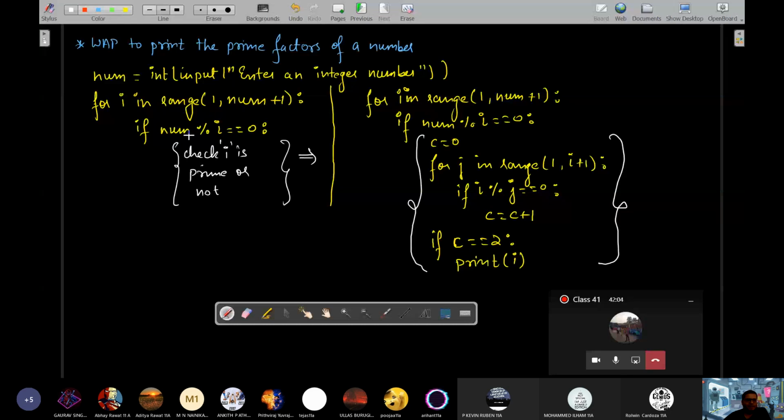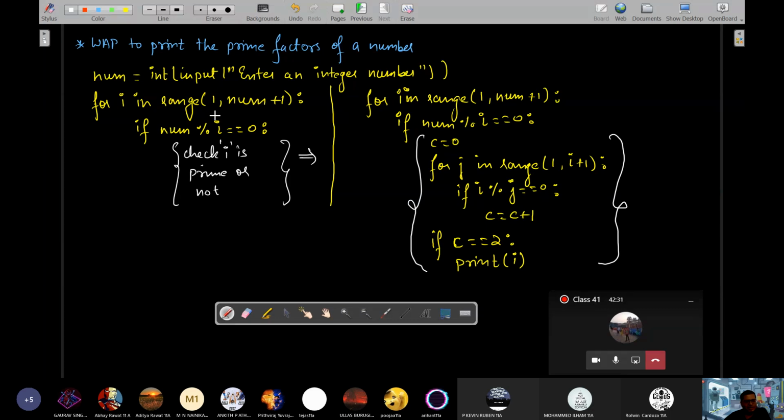See the logic. First you have to find all the factors of the number entered. All the factors will range between 1 to that number itself. So every time we are checking by taking one number at a time in I, whether that number between 1 and num divides the number itself.